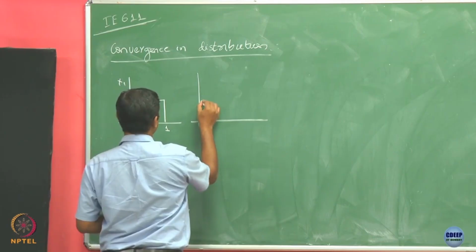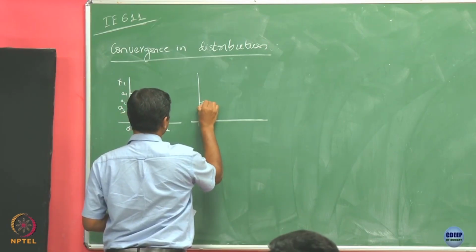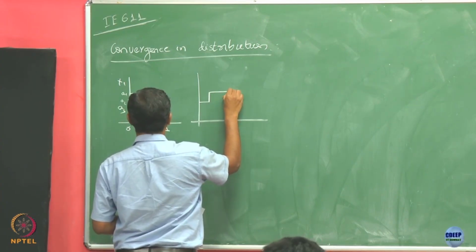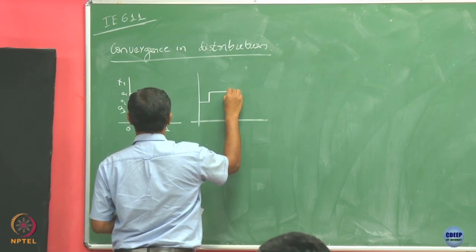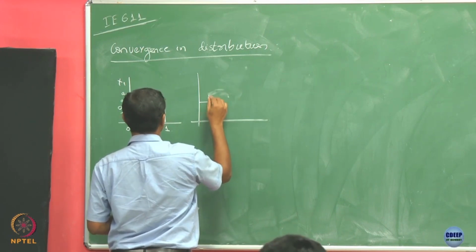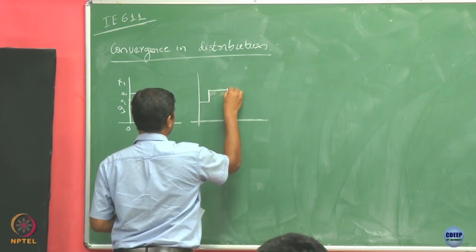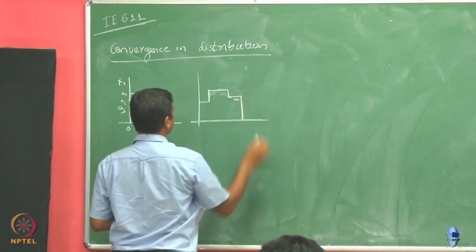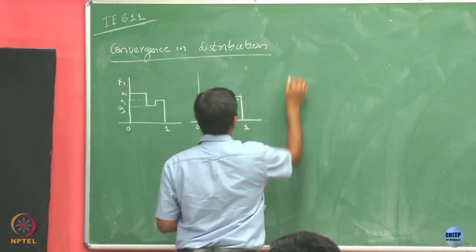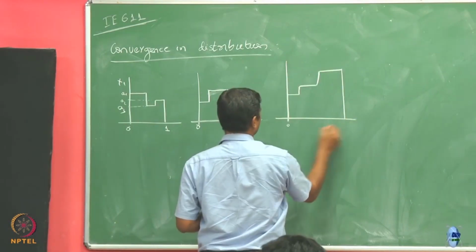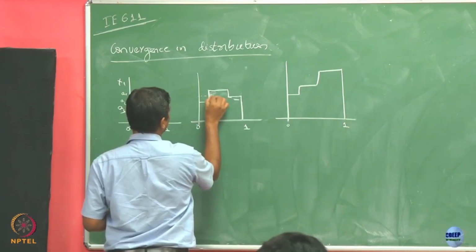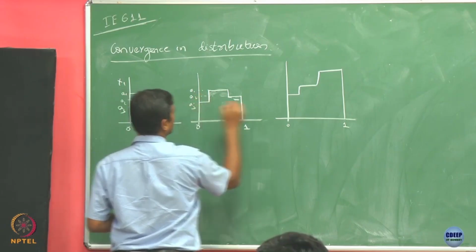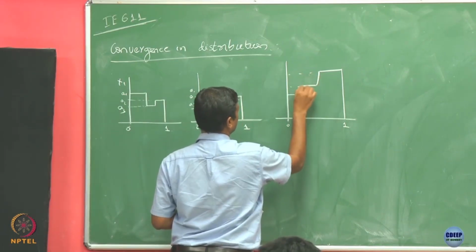Similarly, let me draw another one here. Again all these things are the same. This is a1, this is a2, this is a3, and my scaling is not correct, but